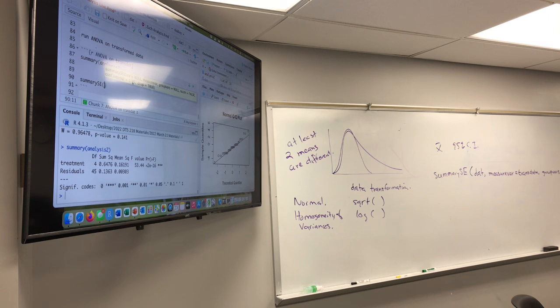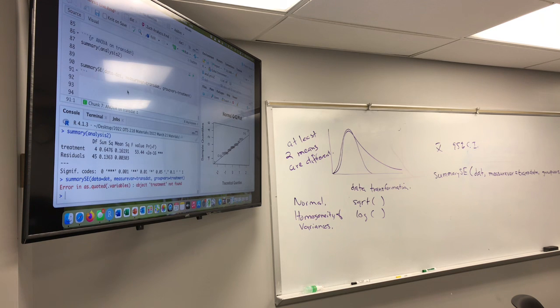The default is a 95% confidence interval. So what is the data frame? The data frame is dat, measurevar equals transdat, and groupvars equals treatment. And when you run that, whoa,